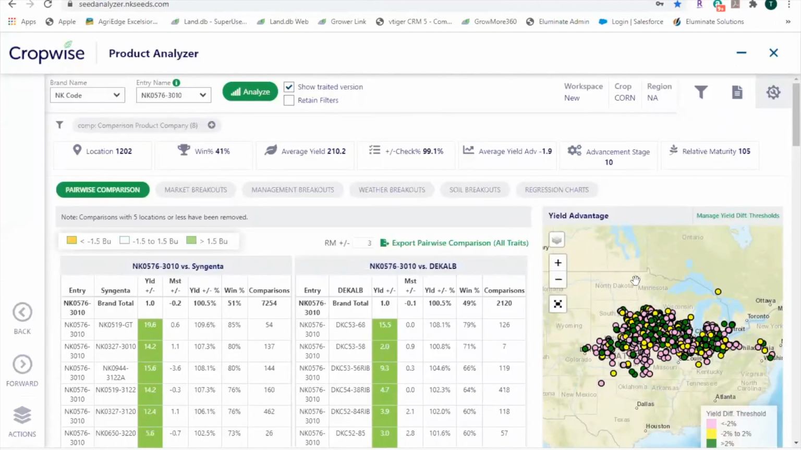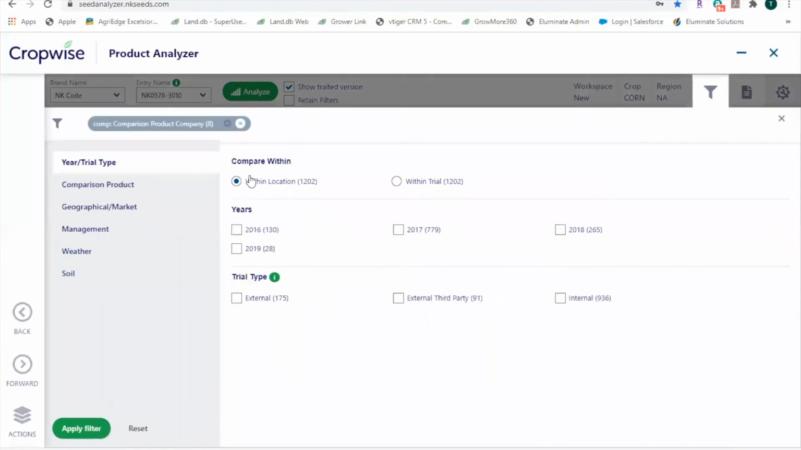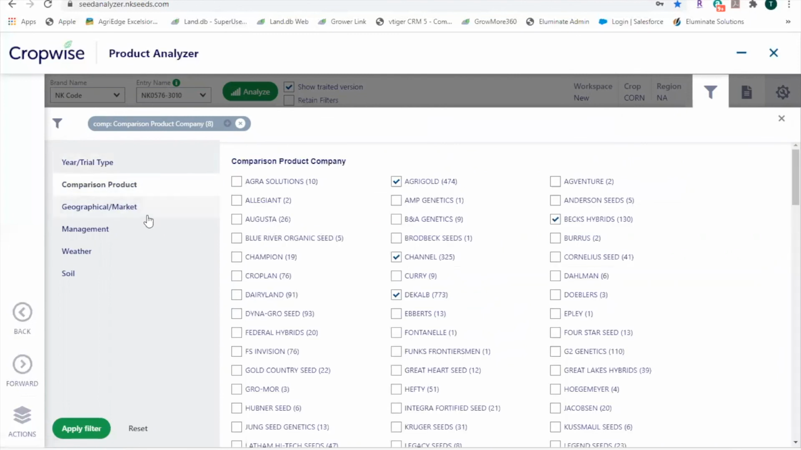Say you are not concerned at all about what is going on in Colorado and you're just concerned about what's going on in Iowa. You can filter this down. So to filter this down, you are going to navigate to this filter icon here at the top right hand corner. So this filter icon, we're going to simply click on that, and you can really start to narrow this down. You can narrow it down by year. You can narrow it down by the products you want it compared to,